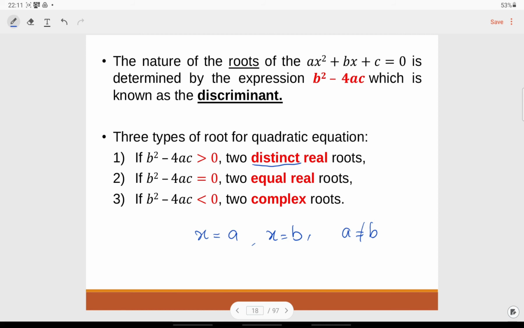Okay, the next one, if the value for the b square minus 4ac equal to 0, what does it mean? That means the solutions, we have a equal to b. If the value for the b square minus 4ac is equal to 0, that means the quadratic equation has two equal real roots. In the following case, that means we have a equal to b. Next, if the value for the b square minus 4ac is less than 0,